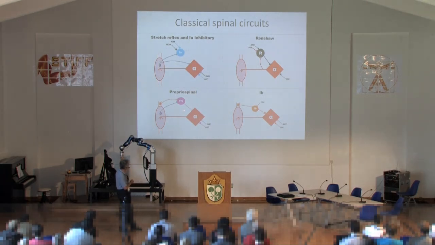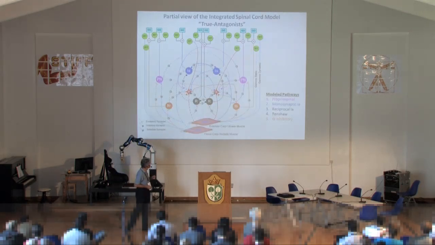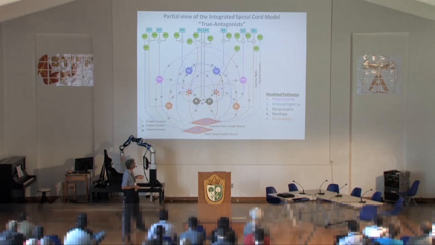And there's a propriospinal system, which is probably one of the most important ones in terms of being controlled by the brain. This is a system that actually has convergent excitatory input from the length and the force sensors, causing excitatory effects on alpha motor neurons, but again, widespread effects on other muscles. So if you put it all together, you get a mess that looks like this